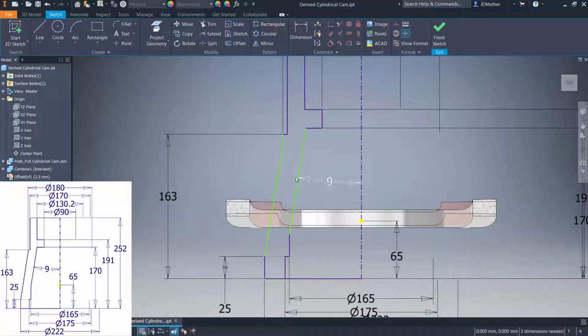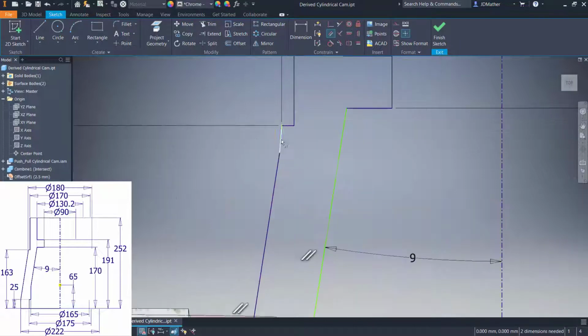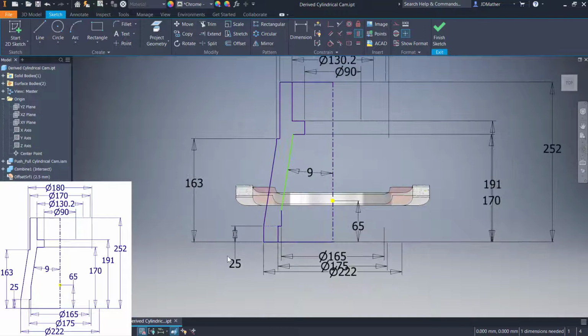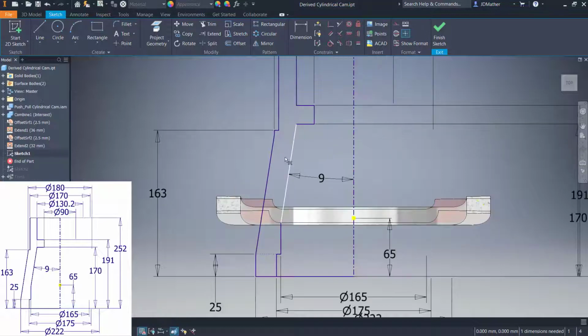And now I'll make these two lines parallel to each other. So I'll do parallel. This line is parallel to this line, and that line didn't stay vertical, so I'll put a vertical constraint on that line, and now it turns dark. So then I need to determine why this line is no longer constrained, so I'm missing one dimension. If I drag this line, I see that the length of this line isn't defined and the length of this line isn't defined. The design intent was for this to be vertical from here down,